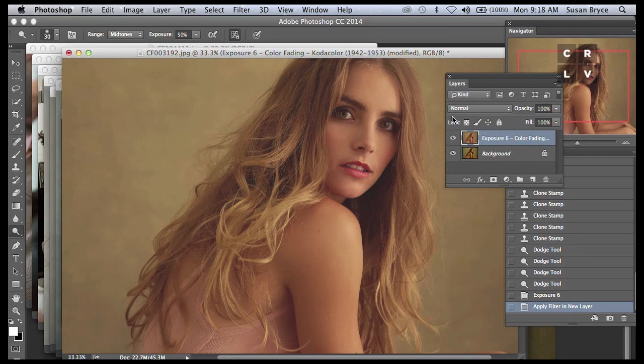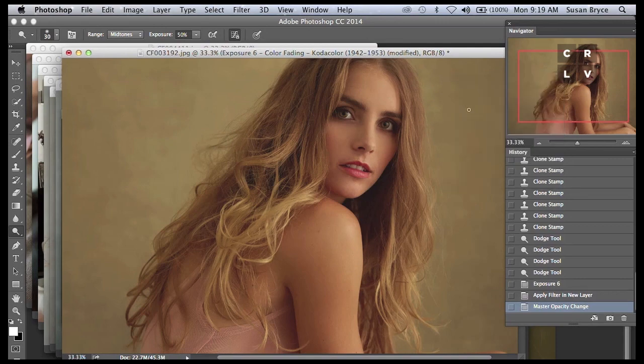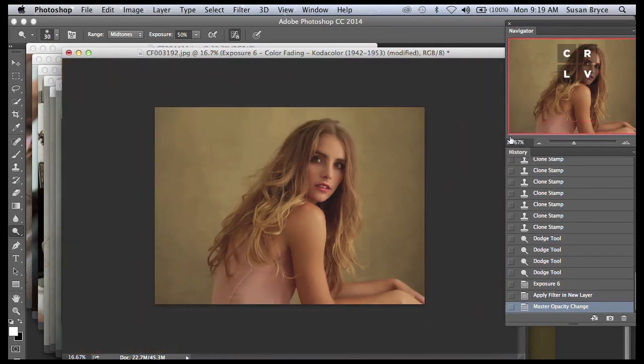It's still set, so I can change the opacity. If you just swipe up and down opacity, then obviously I can lighten it, darken it, take it to 100%, give it as much as I like. Also at this stage, I can erase any part of that top layer if I want to pull back around the face or here, but I usually never do. I'm usually quite happy at this stage.